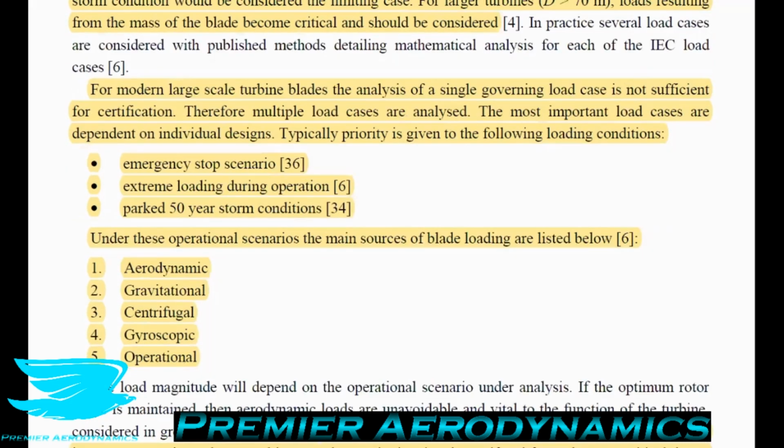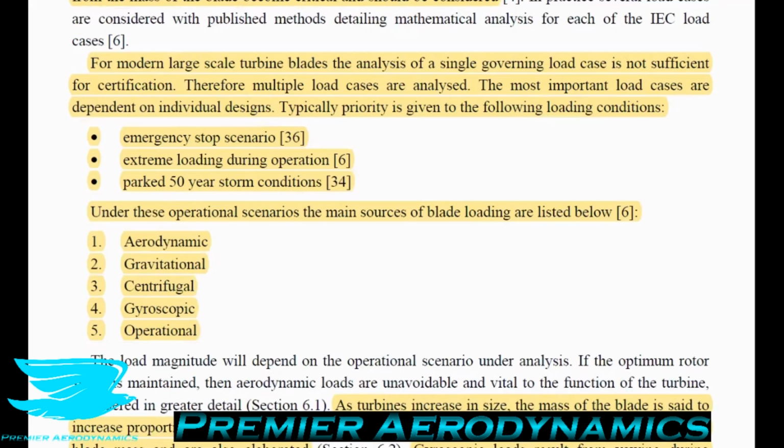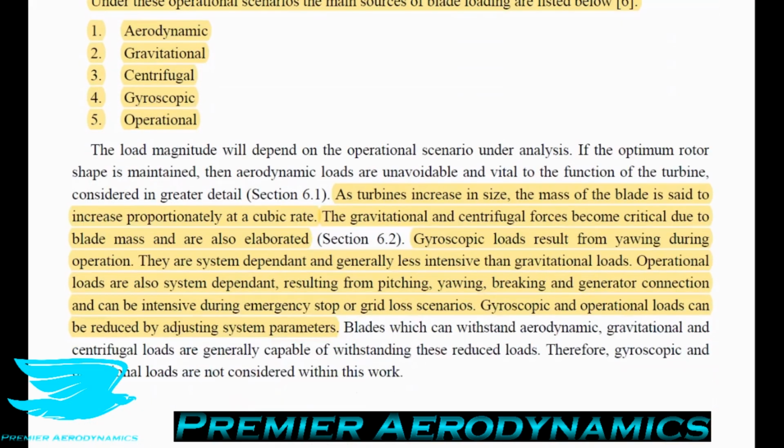And then with these scenarios, you have a bunch of different loadings that they need to consider, not only aerodynamic, but gravitational, centrifugal, gyroscopic, and operational, and go through each one of those. As turbines increase in size, the mass of the blade is said to increase proportionally at a cubic rate, and that makes sense. So this goes for pretty much anything in the world, that when you have something that increases in three dimensions, and it keeps its relative